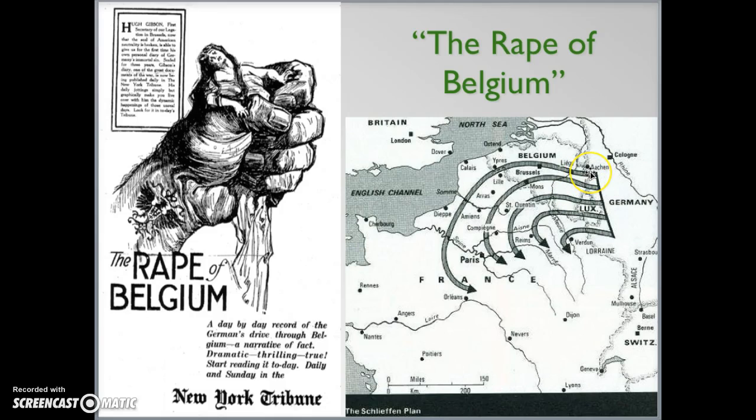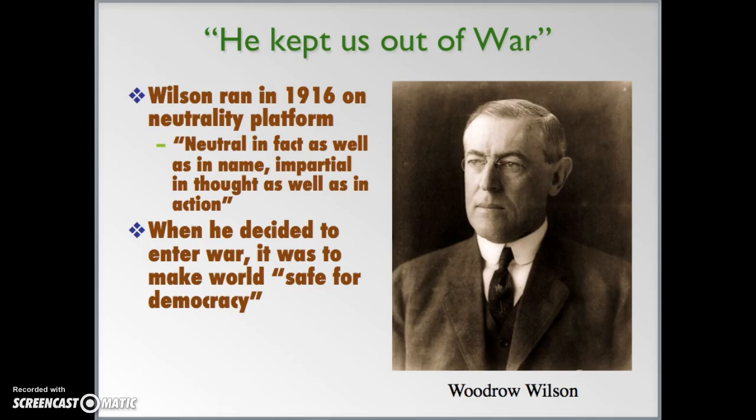In order to get to France first, they have to go through Belgium, and so when the Germans, the Huns, the bastard Huns, go through Belgium, we call it the Rape of Belgium. There's a guy named Herbert Hoover, a little known figure in American politics at the time, but Herbert Hoover goes over and helps direct aid to the Belgians, and he's seen as a real hero in this. But basically what you get is the Huns are evil, Belgium gets obliterated because they are in the way, and Europe is in war.